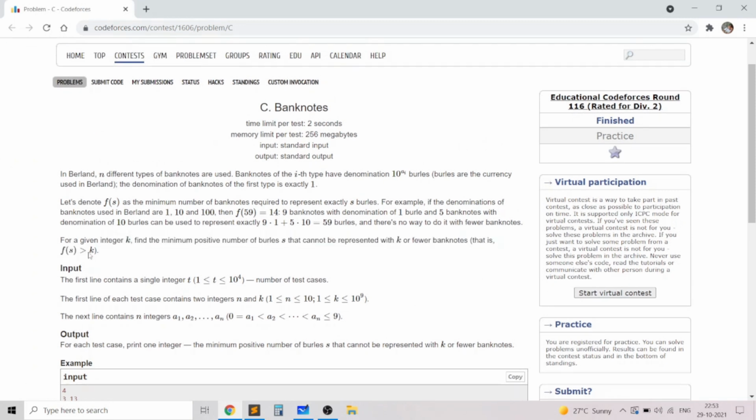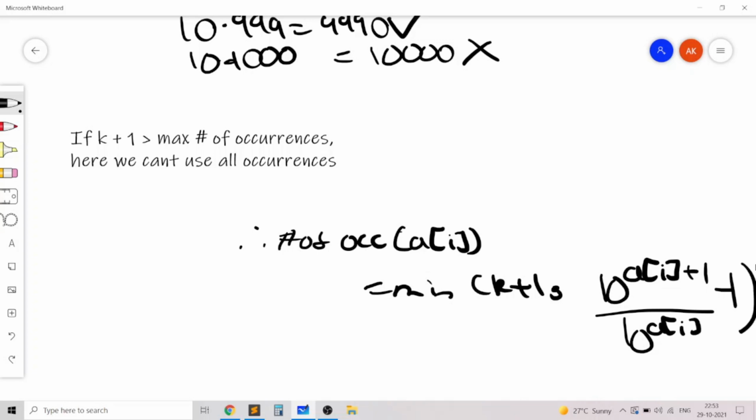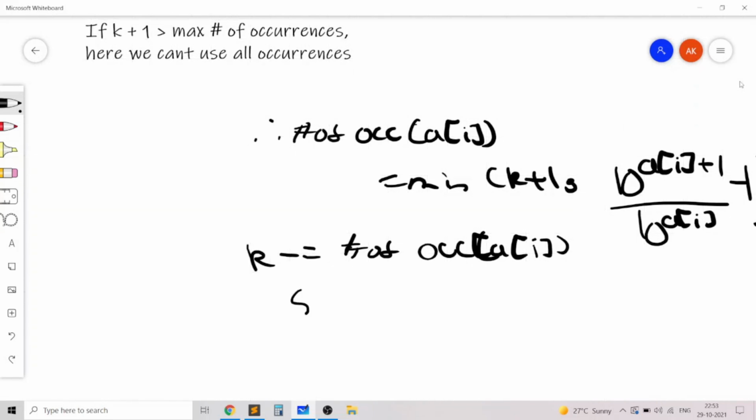So f of s should be greater than k. That means f of s should be k plus 1 or more. So that's why the number of occurrences of ai will be the minimum of k plus 1, comma, 10 to the power of ai plus 1 divided by 10 to the power of ai, minus 1. And we are always going to update k. So we decrease k by the number of occurrences of ai, and the total sum which we are storing will increase by the number of occurrences of ai